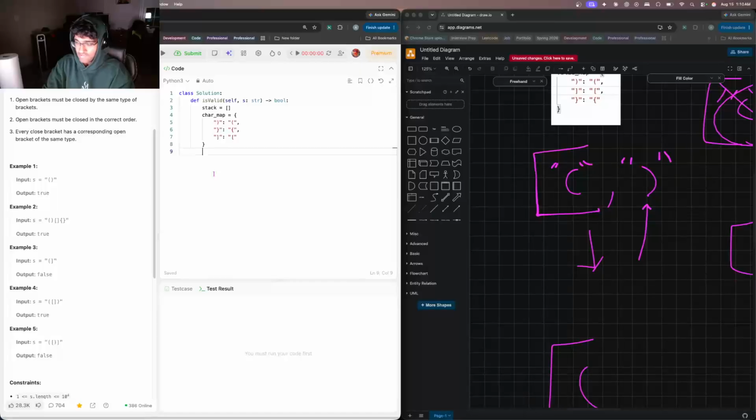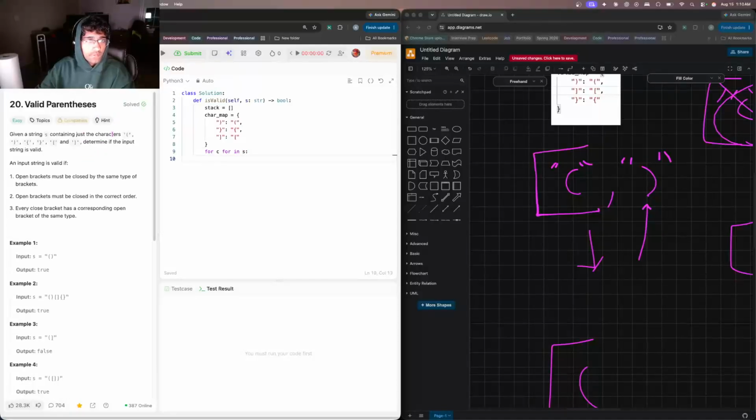So how that works is you do for character, or we could just say for C in S, because we're given our string. What we're given as our input is our string S. That's our total input, right? For C in S, if C, the one you're currently looping, is in character map, meaning if it's a valid parenthesis in character map,